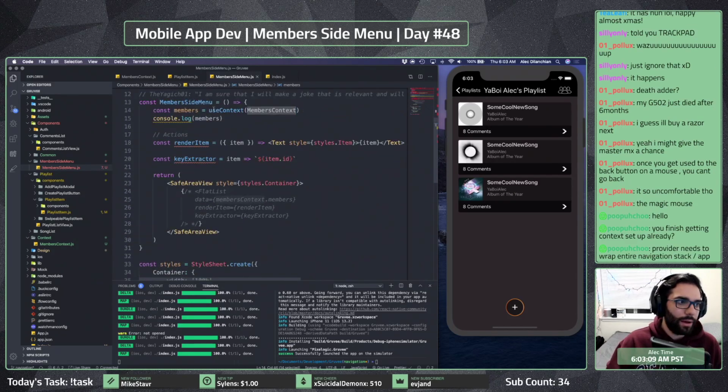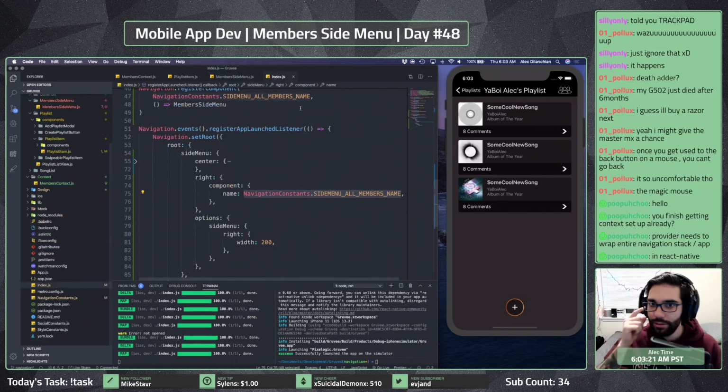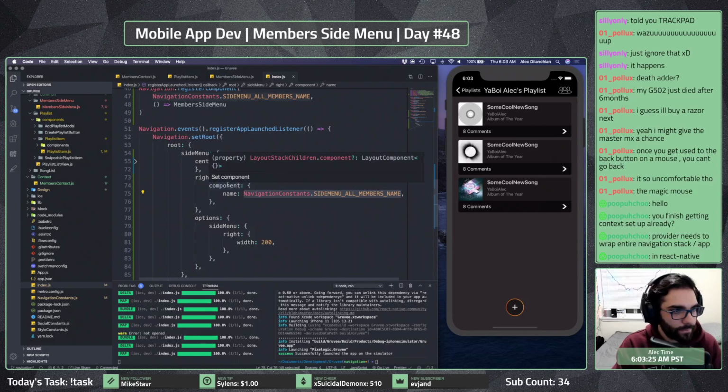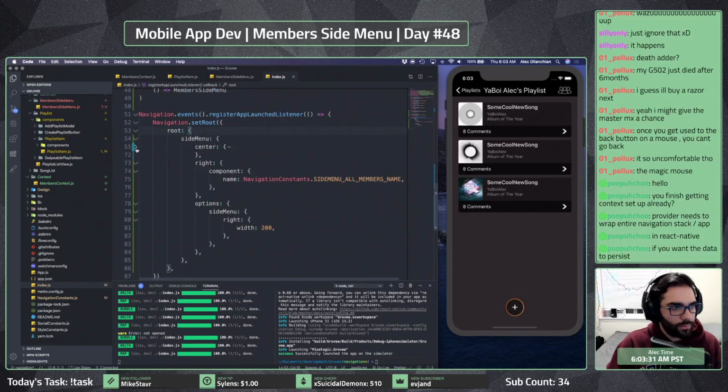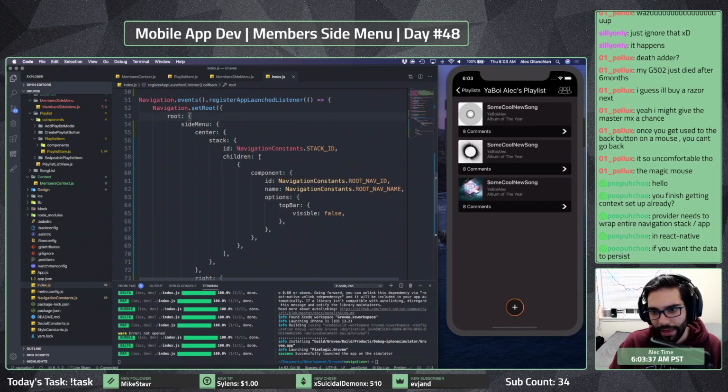Provide needs to wrap the entire navigation stack. Oh, okay, so it's not like you can pick and choose. It just has, like, no matter what, it has to. If you want data to persist. Okay. Got it.